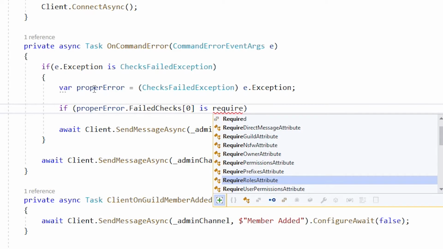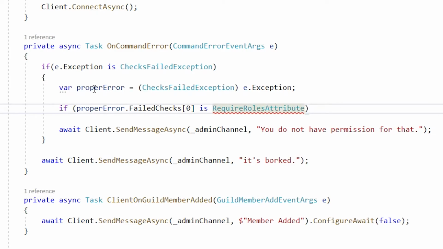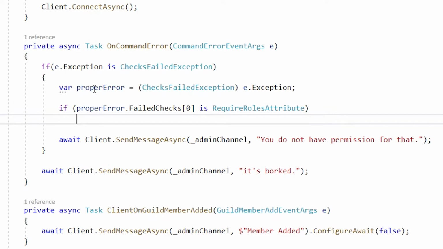So if you wanted to just limit it to admins, you'd be checking to see if it's a require permissions attribute. If you were checking to see if a user has a role, you want to see this requires roles attribute. So now, if that first item in that list of failed checks is require roles, then we can just